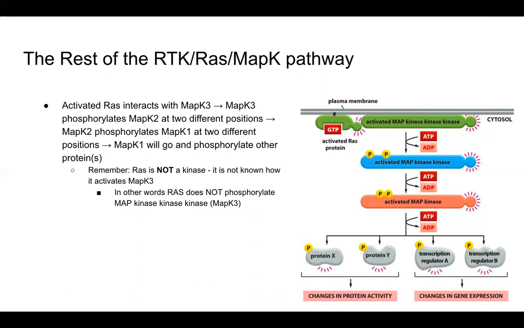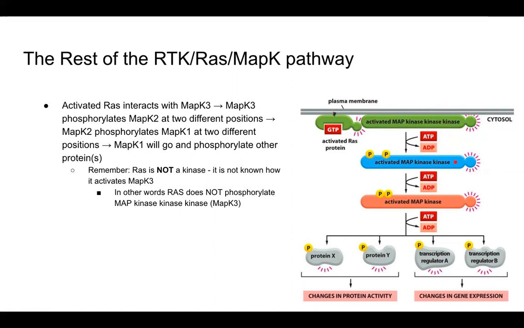So anyway, the activated RAS will interact with MAPK3, and it's important to distinguish here that RAS is not a kinase, so it does not phosphorylate MAPK3. It just sort of interacts with it in a way that causes MAPK3 to become activated. And so once MAPK3 is touched by the RAS protein, then it's able to continue on and